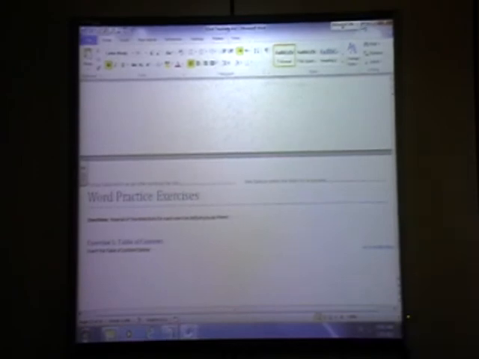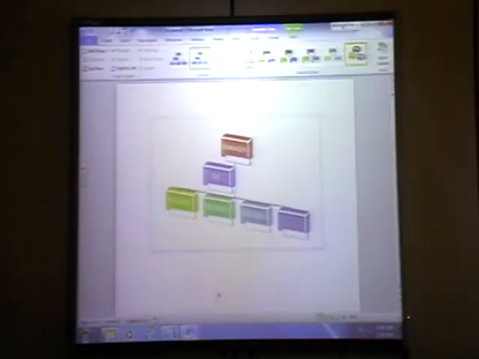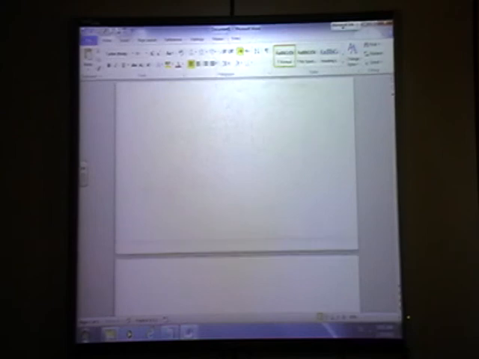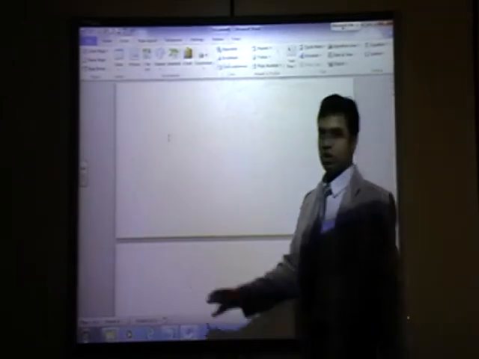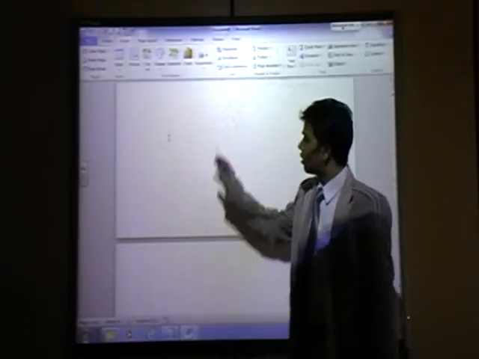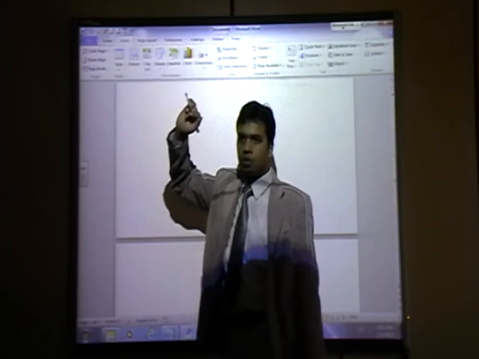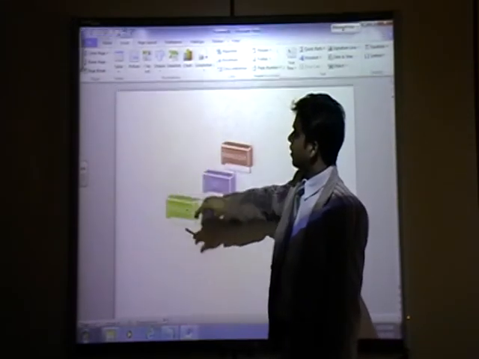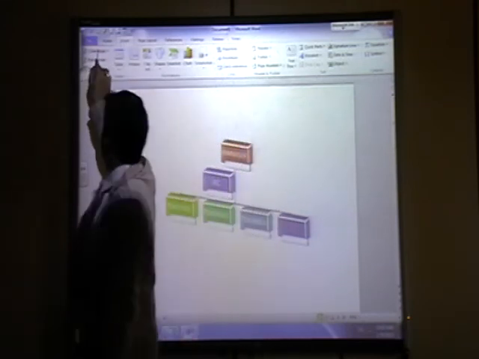But now I will explain to you some more topics which are not in the practice about the insert menu, insert tab. For example, you want a cover page. Click on insert and cover page.